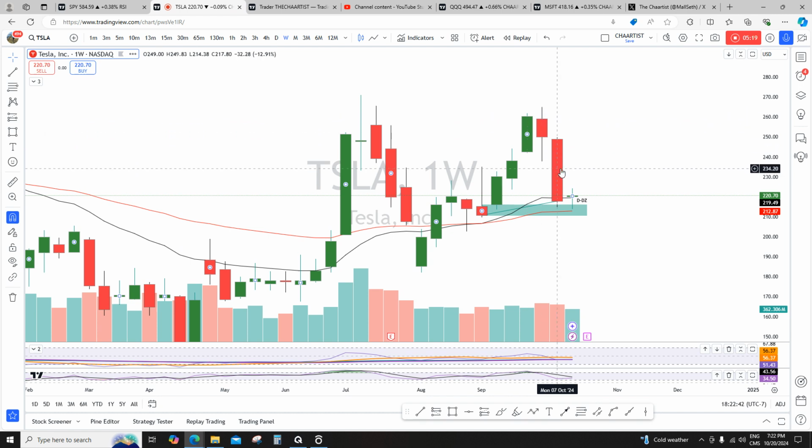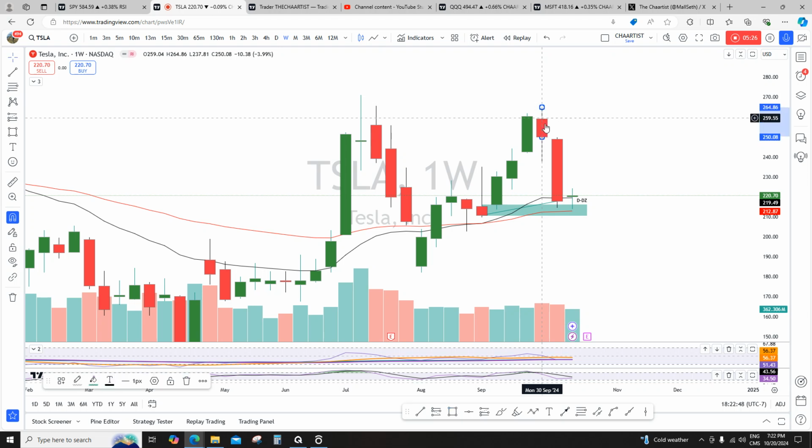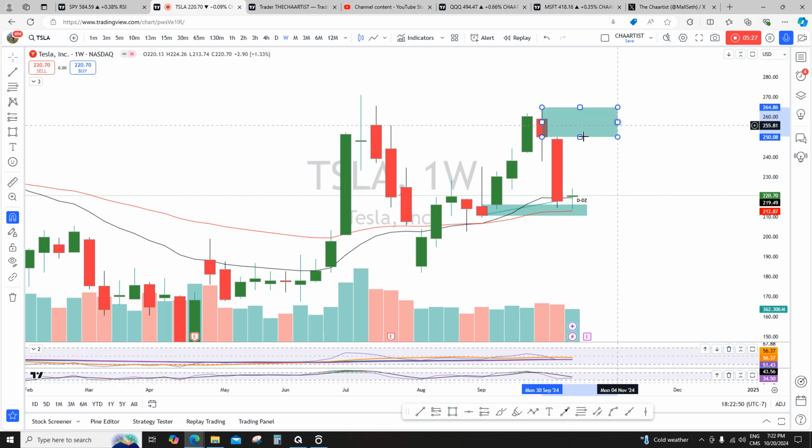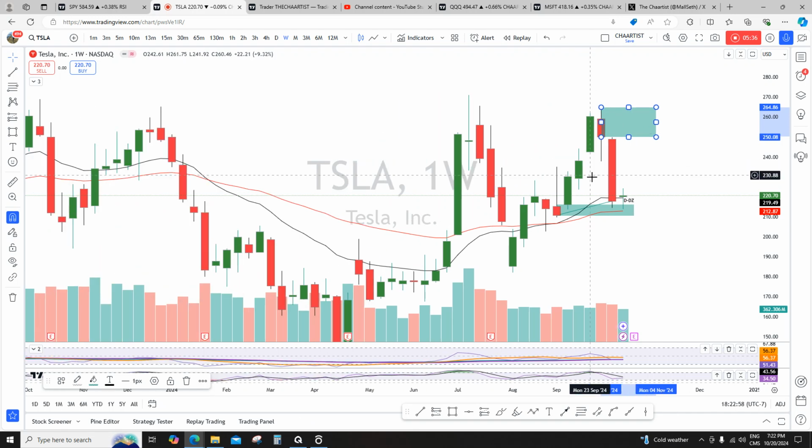Okay, now fresh selling came in. Definitely there is a selling zone here. I'm going to draw a selling zone here. Fresh selling is on, so that is why you will see a retracement. You can see a retracement here, but by that time you might have a follow up demand zone as well. Now it should have gone up, but it is what it is. You need to understand, that is why we do have a stop loss level.